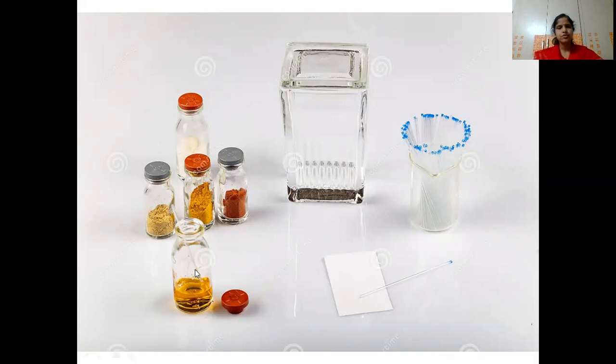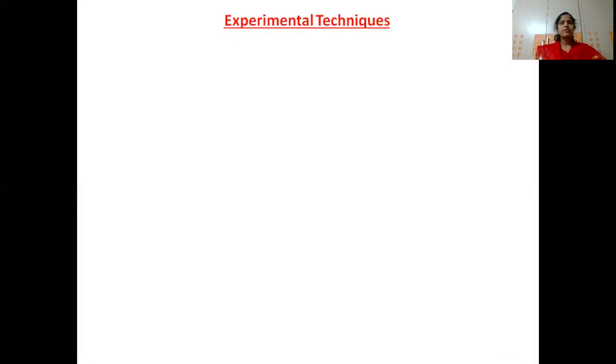Then we take that capillary tube and load the sample. Just touch the tip of the capillary tube to the plate which has silica gel. Because of the adsorption power of the silica gel, whatever sample is present in the capillary tube will be loaded onto the plate. And this is the TLC chamber. After loading the sample, we put the slide in the TLC chamber, which has the solvent, and the solvent here acts as the mobile phase. Then we'll see step by step how the experiment is carried out.